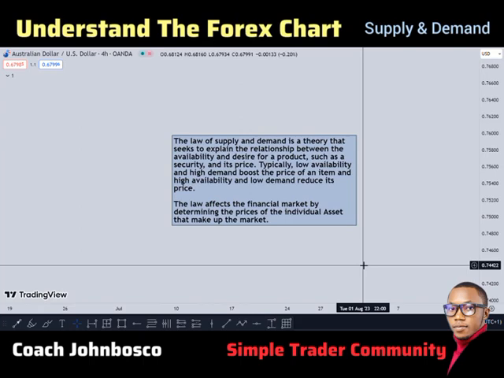So, what is in the market that doesn't have so much demand, and the price is kind of static? Looking at it, let's just say water. Water is not that expensive anywhere in the world, in as much as there are some parts of the world that don't have clean water, but in the major part of the world, water is not that expensive. And this same thing happens in the financial market. As you can see, the law affects the financial market by determining the prices of individual assets that make up the market. So this is just for you to understand supply and demand